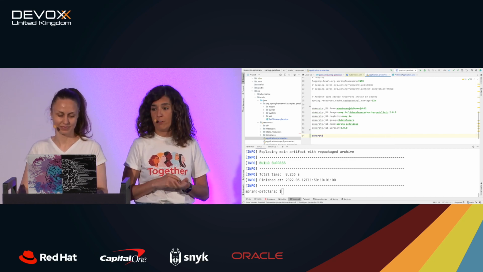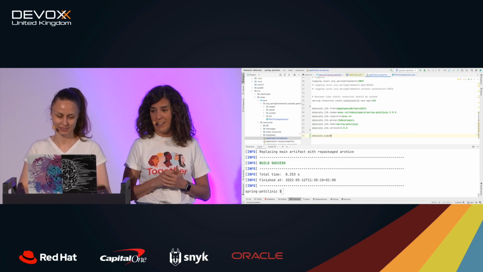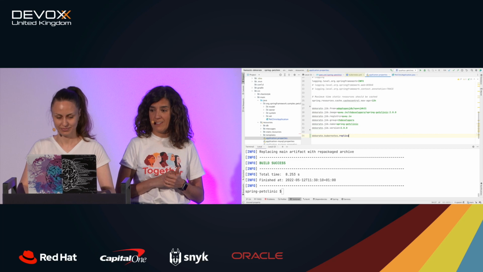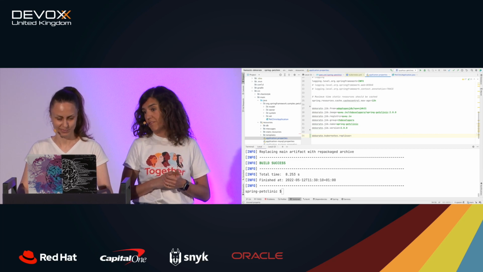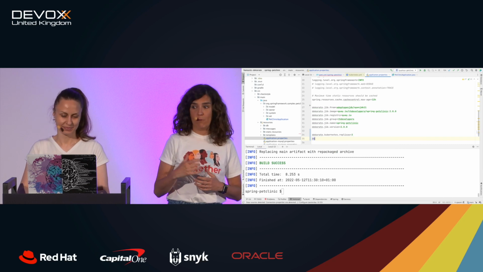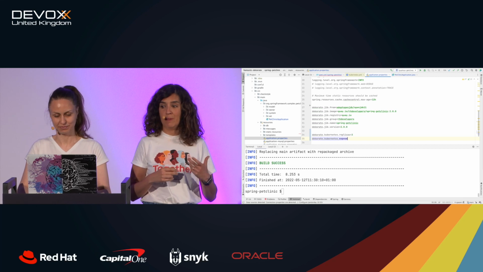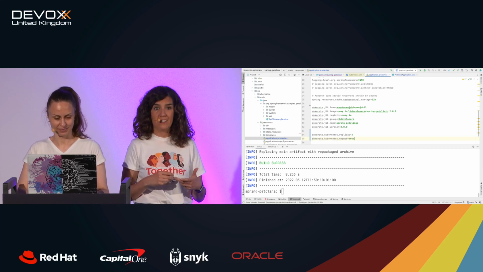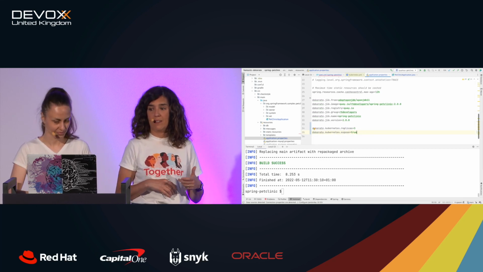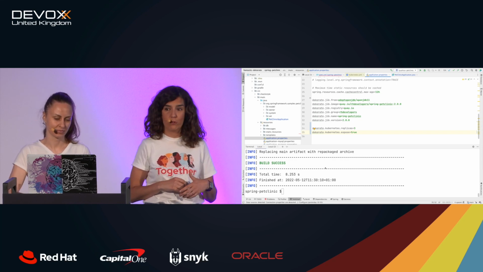So for configuring replicas, we will do dekorate.kubernetes.replicas, set it to 3, for example. And we need to expose our application outside the cluster, right? It means that we need to generate an ingress resource, and that can be done with the dekorate.kubernetes.expose property